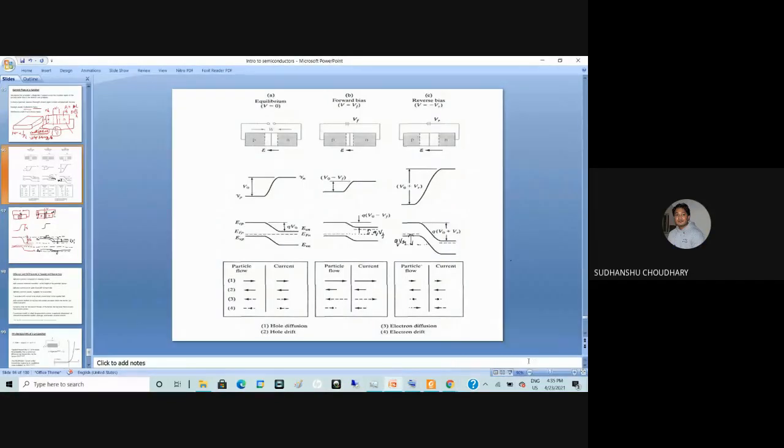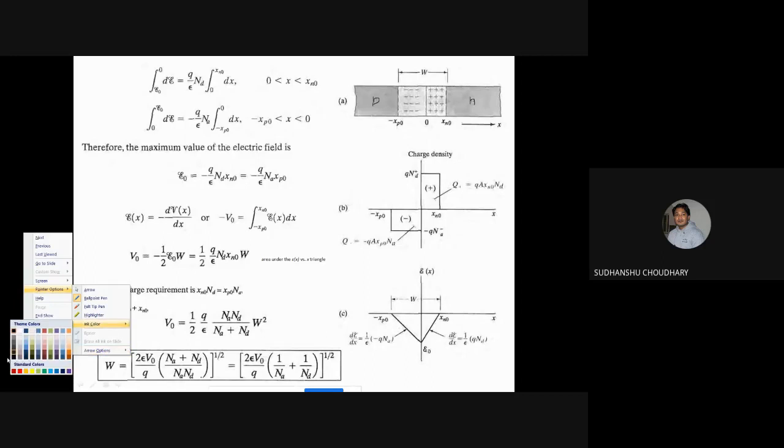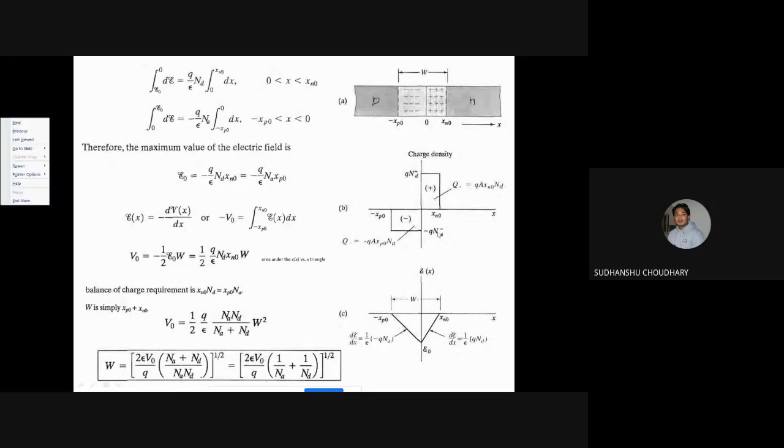Just a second. So the charge density plot, that is this one. Okay. Why is this XP naught region wider than XN naught? So this space you are saying, why it is wider. Let me select a pointer over here. Okay. So why is this wider over here? This is small and this is wide, right?